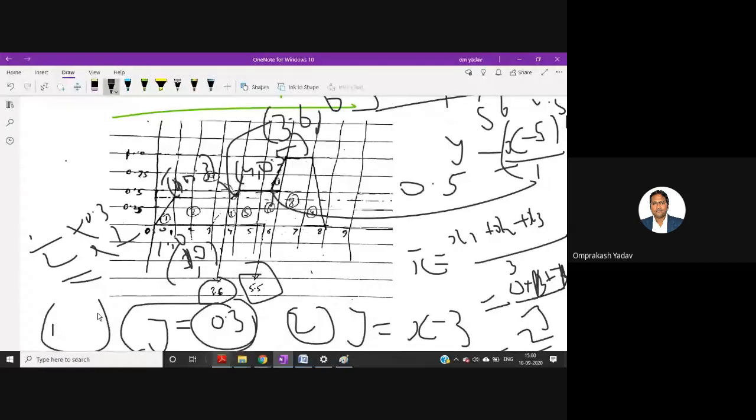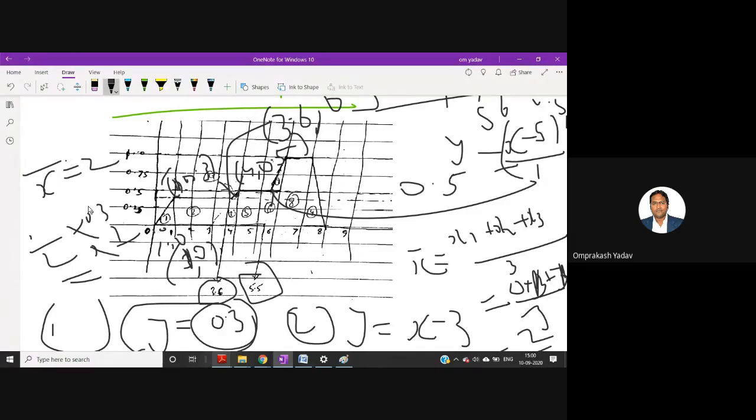And how to determine the x bar? I told you for a rectangle, we can find the middle point. Obviously 2 units are there, so the middle point will be 1 unit. Now let's find the distance of this particular point from the origin. From the origin, this point is 1 unit and this point is 1 more unit. So 2 units. So x bar is 2.